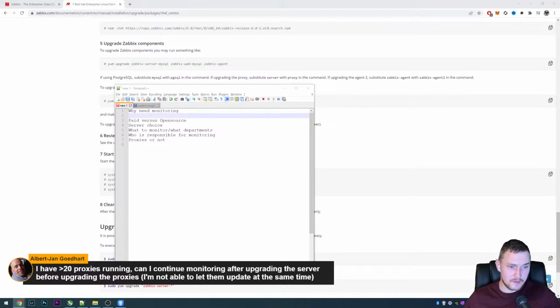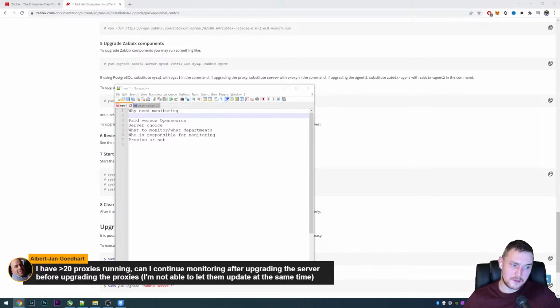But previously in the 4.x and 5.x versions, if you upgraded the server to 6.0 and proxies, let's say, remained on 5.4, they continued to collect the data. They continued to send this data to the server, and the server accepts it. The only thing that is not working is the configuration exchange.